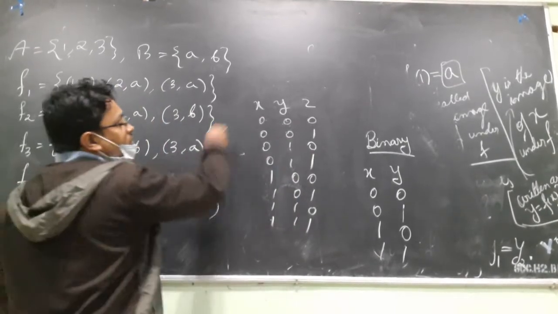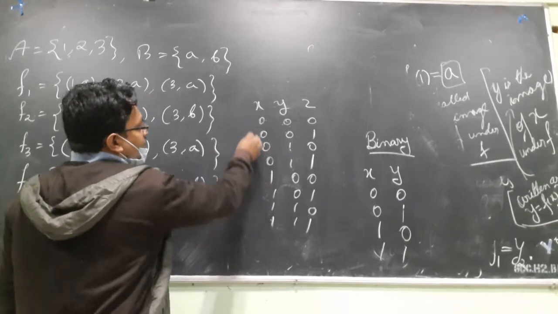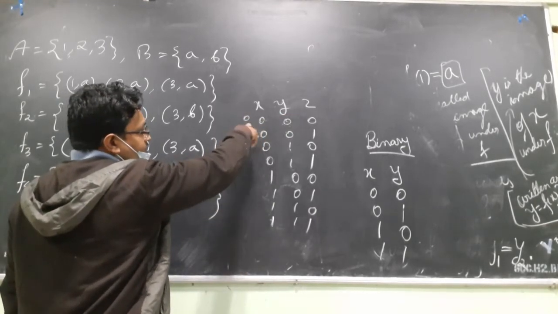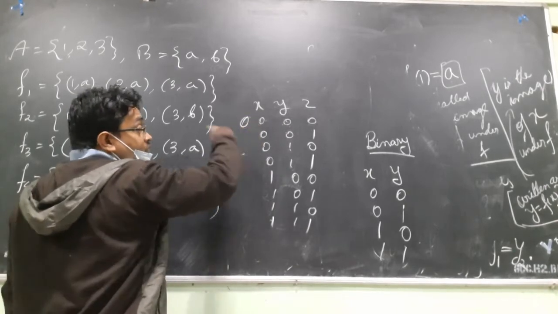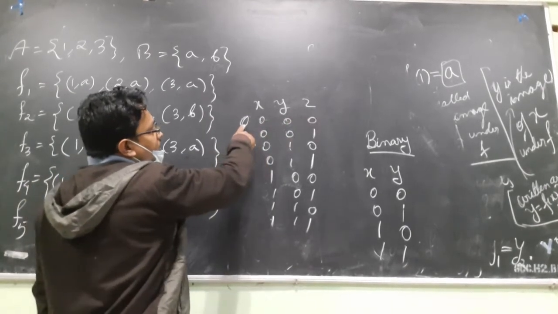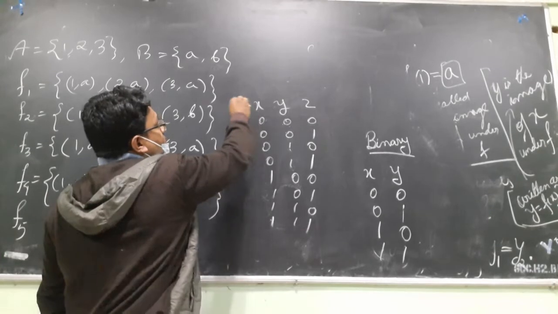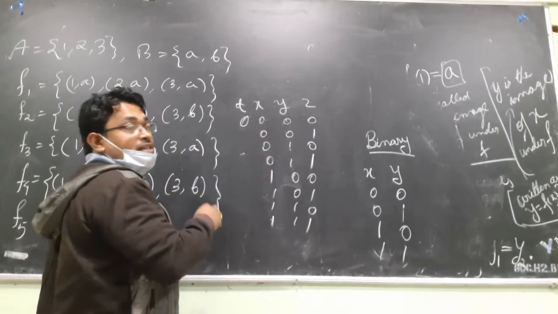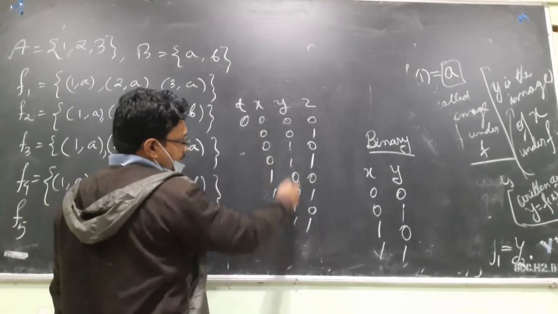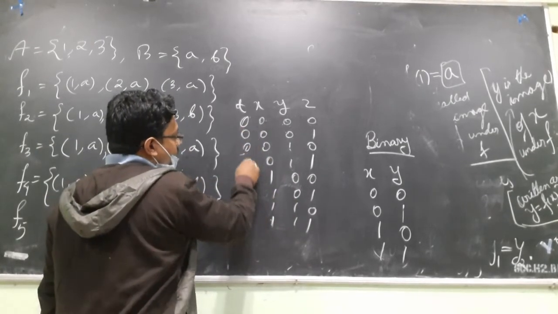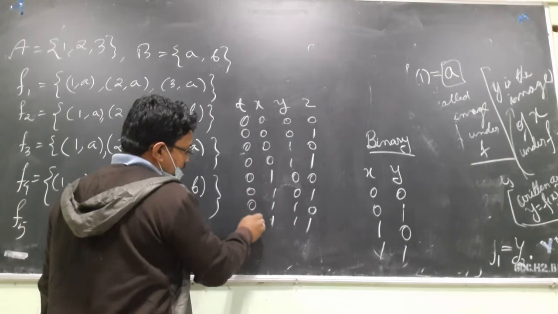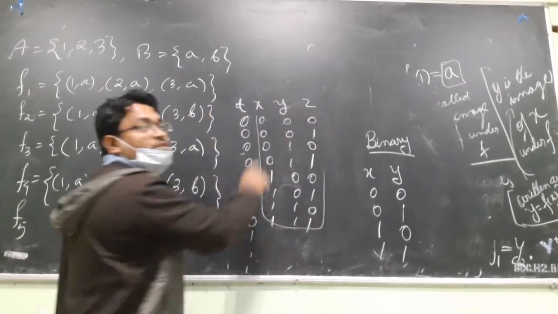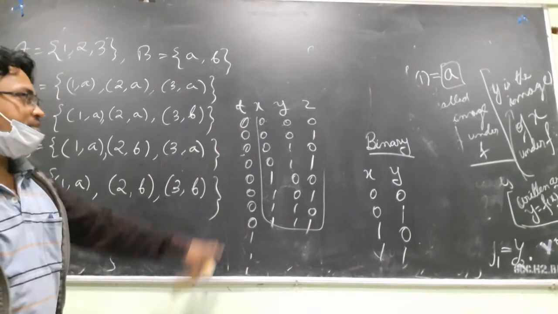If there are 4, then also you can list. If there are 4, what will happen? How many ordered 4-tuples will there be? For this position there are two options, for this 2, for this 2. So how many? 16. Exactly 16. We already have the 8. All 8 will be with this; all will be zeros. The remaining will be with ones, and this portion will just be repeated. So you can list this thing very easily.